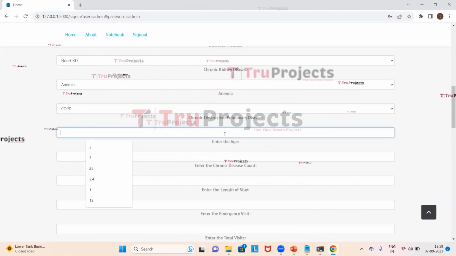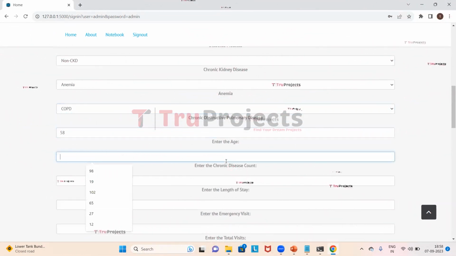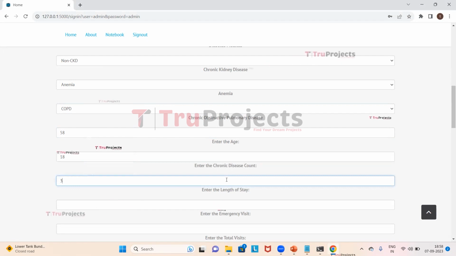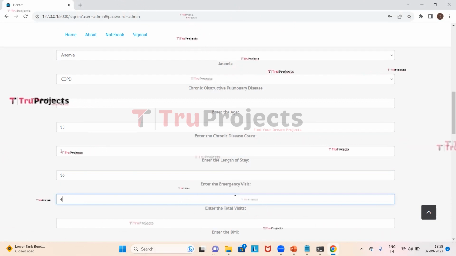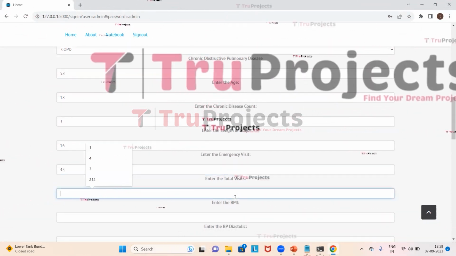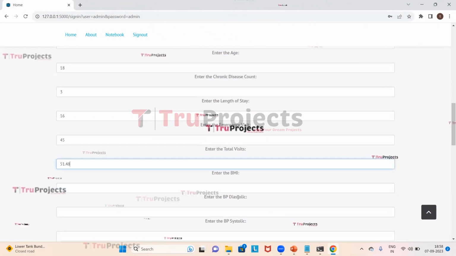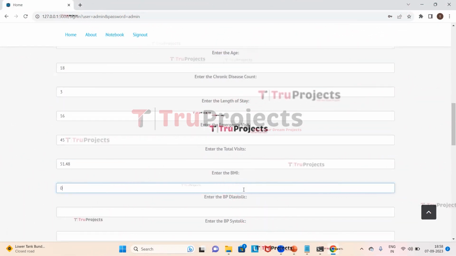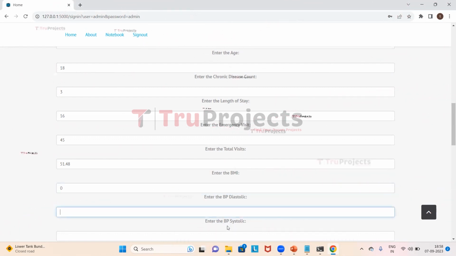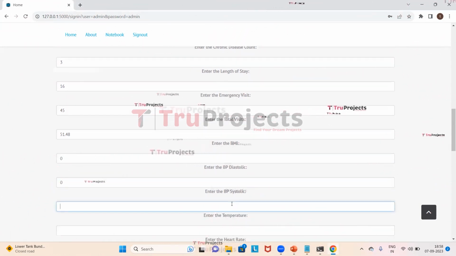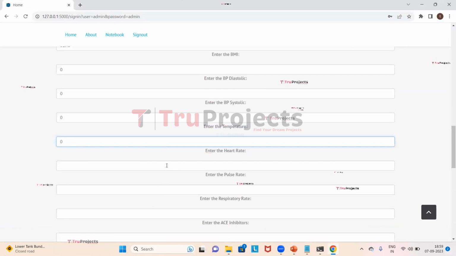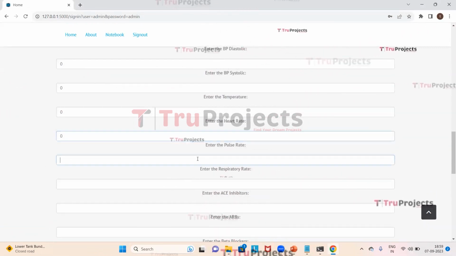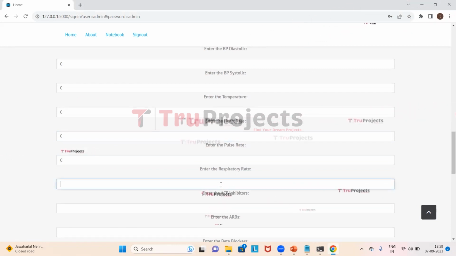And the age we will enter as 58, and the chronic disease count is 18, and the length of stay is 3, emergency visit is 16, total visits is 45, BMI is 51.48, BP diastolic as 0, BP systolic as 0, temperature as 0, heart rate as 0, pulse rate also 0, and all other things are also 0, which is respiratory rate, ACE